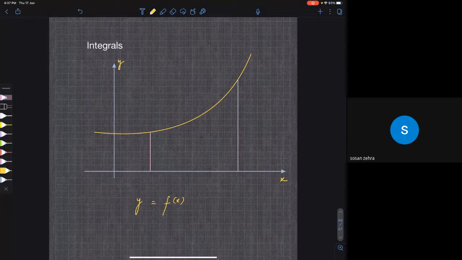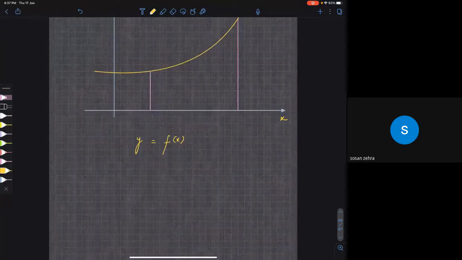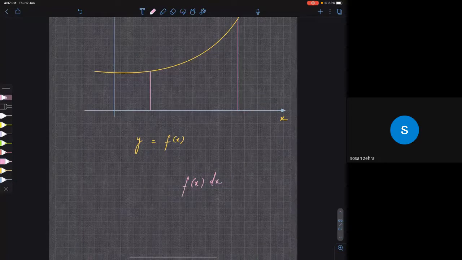Now, how do you write an integral? Generally, how is an integral written? Where the integral is written, you will understand what an integral is. Now, listen carefully. The integral is written like this: f of x into dx, first thing. Now, what is the meaning of f of x into dx?